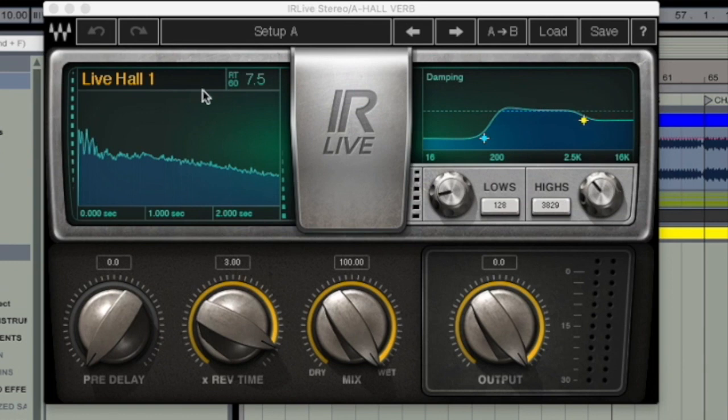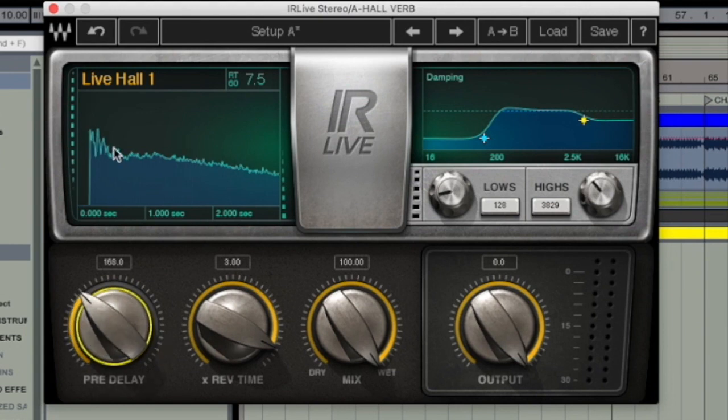So with the hall reverb, this reverb is once again to add a 3-dimensional, large and lush sound to our mix. So our pre-delay, we're going to want this all the way down, as we want the sound to really fill out. We really want the space to shine through here and not the original sound. And once again, the pre-delay is how long it takes for the reverb to start playing. As you can see here, that it would be the initial sound, 168 milliseconds in between there, and then the